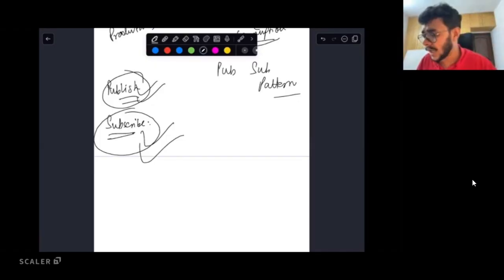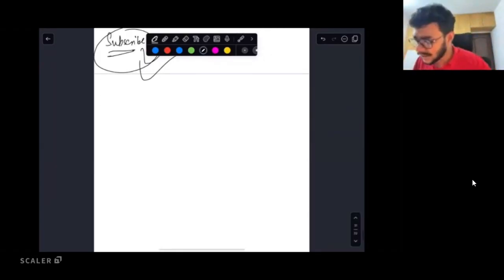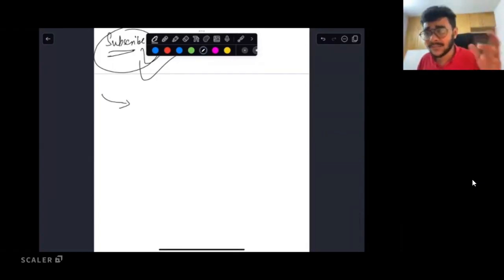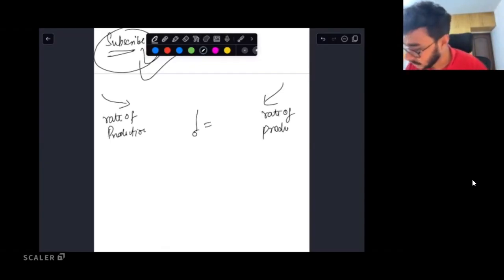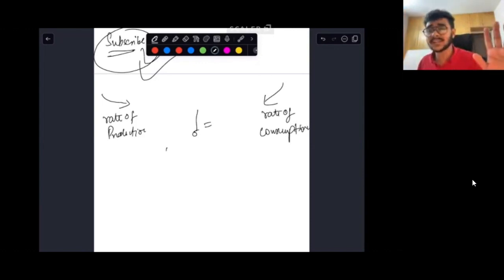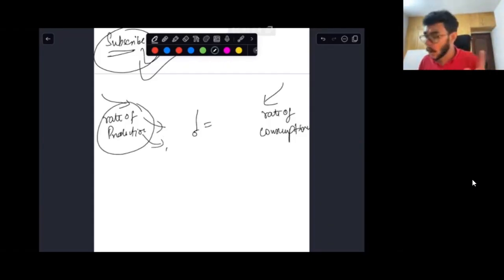So anytime in any software architecture that you're designing, if you come across a situation where the rate of production can be different than the rate of consumption, I'm again repeating it, the rate of production is not equal to the rate of consumption, in that case using an asynchronous architecture is very helpful. It is extremely helpful because now you can just focus on production activities. You're not blocked on the consumption of these activities.